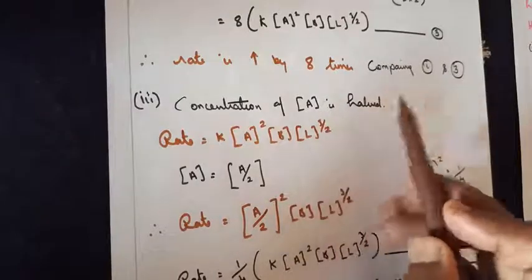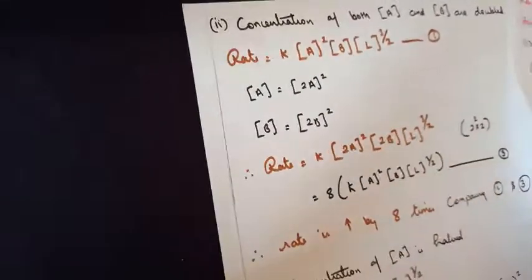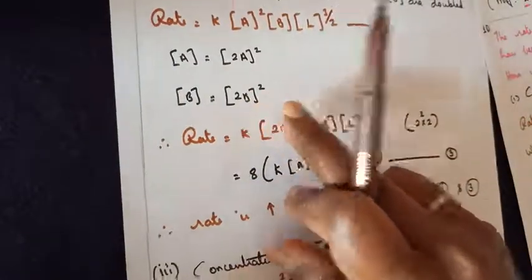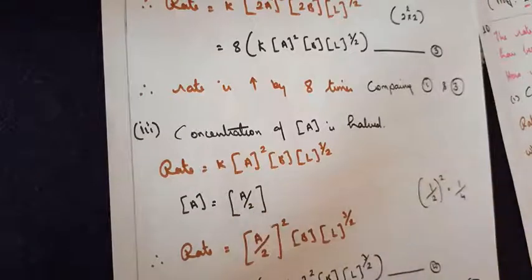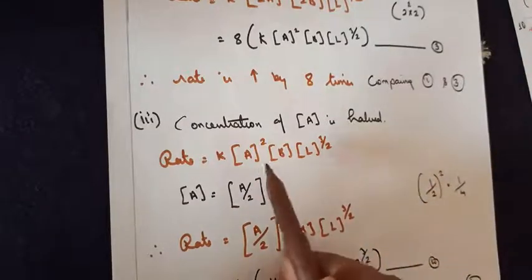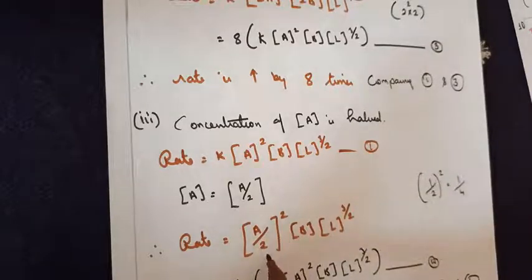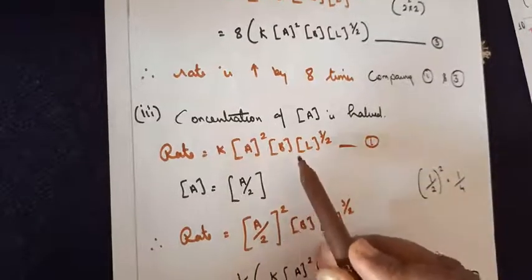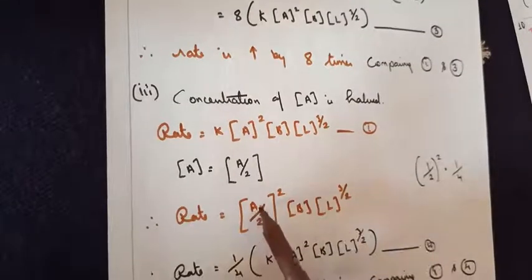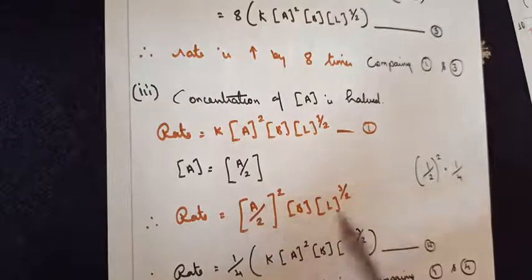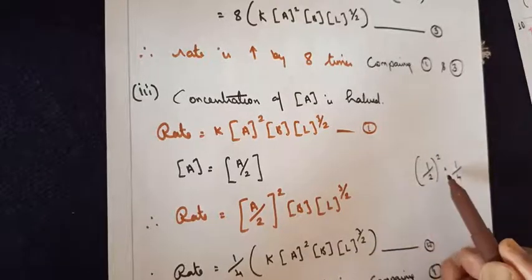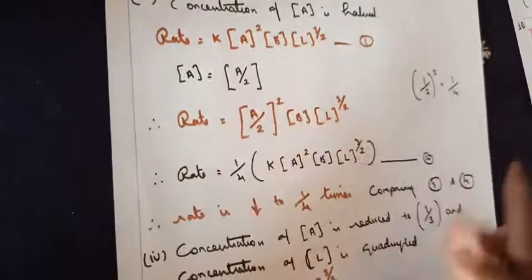Moving back to the third question. Concentration of A is half. It's an easy substitution. Now here L you wrote 4 times. Now here you wrote A to be 2 times and B to be 2 times. Now you have to take half of the A terms. That's the meaning of half here. I'm rewriting the first given expression as it is. A is equal to A by 2. So where you've got A, you substitute A by 2. Concentration of the reactant A by 2 to the power 2. The remaining you write as it is. Leave the variable. If you consider before the variable, 1 by 2 the whole square can be written as 1 by 4. That's what I have written.